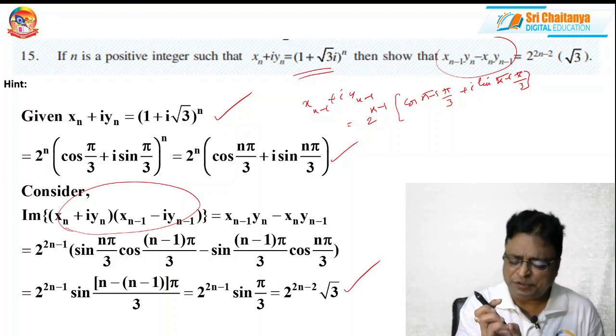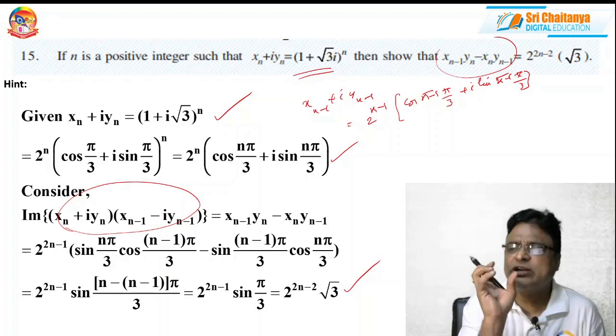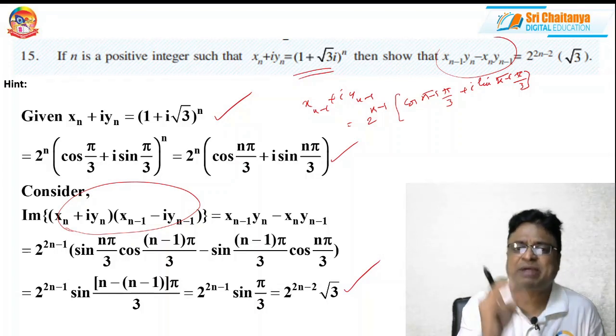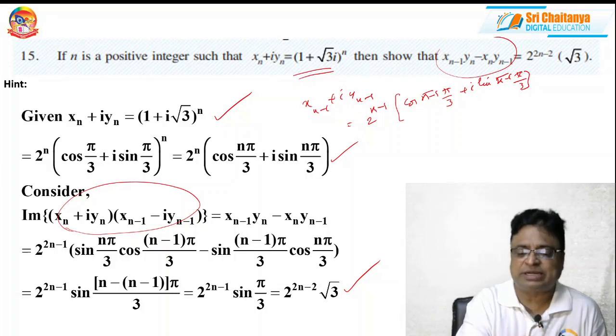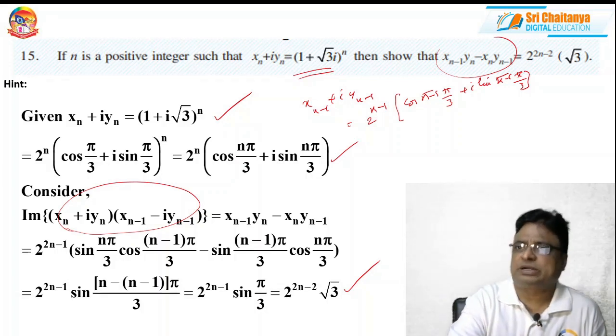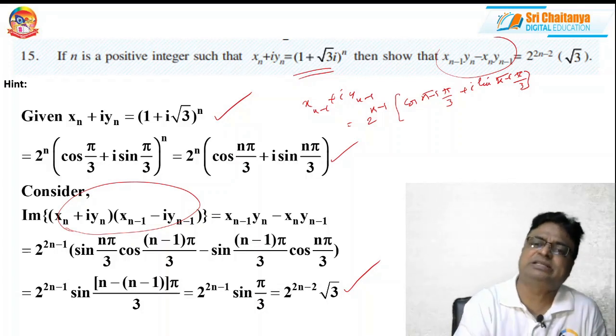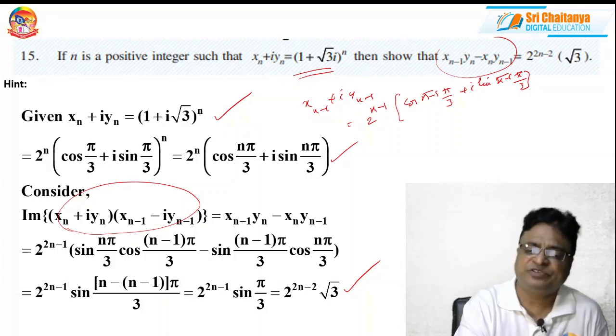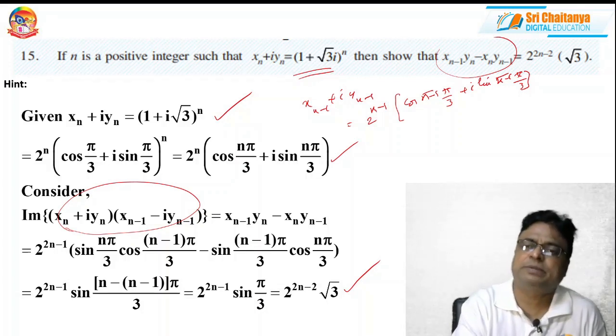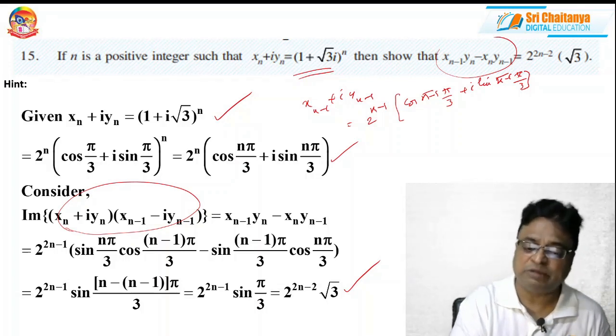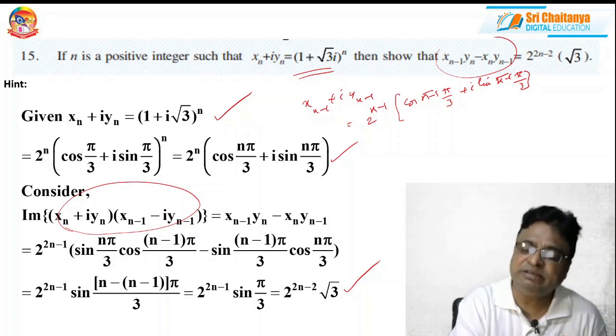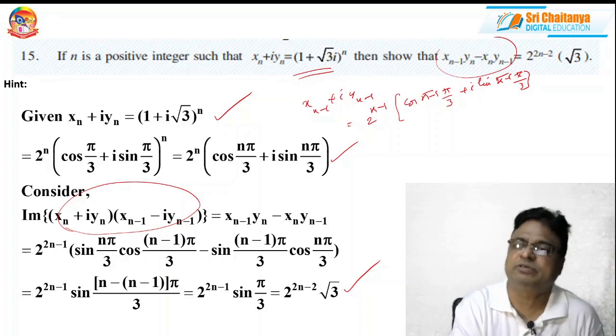So it is a beautiful application. The only thing is, by looking at the given question, immediately in your mind, this is nothing but the imaginary part or real part, it depends upon the question, of some product. What is that product? How to get that product? That is the only thing. With practice only, you can get this kind of idea immediately. So this is one way, the most important problem, and this kind of model we may expect in advanced and even mains examination in the integer form of the questions also.